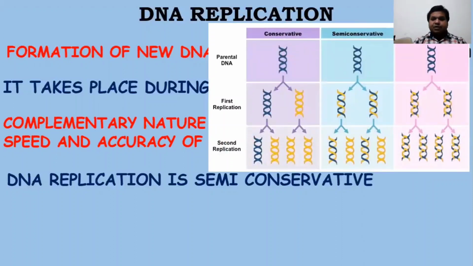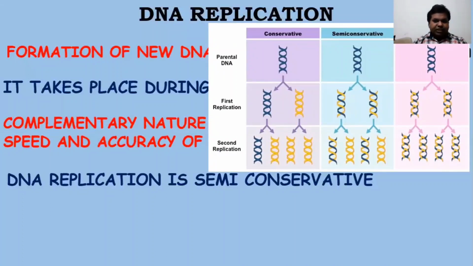Now here, I told you, semi-conservative is the central one which we will talk about. That is, whenever DNA replicates, one of the strands comes from the parent and one strand is new. There is also something called conservative and dispersive type. We'll talk about it later on. So first we focus on the semi-conservative method of DNA replication.